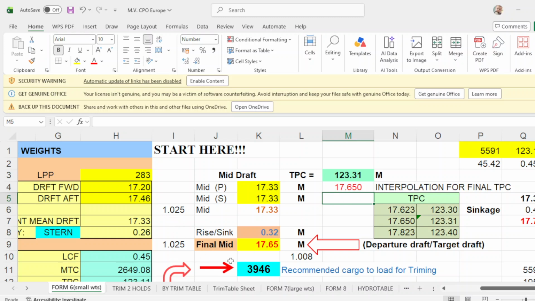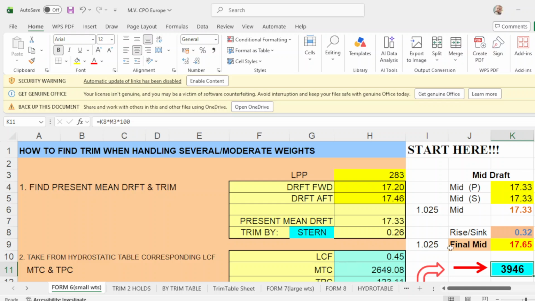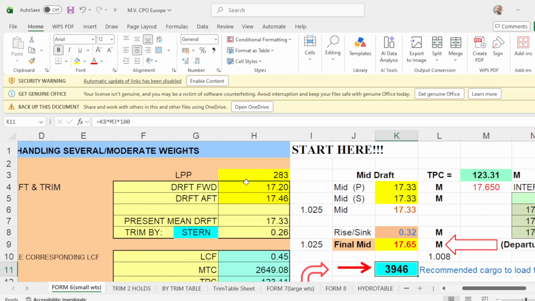So again, to get the recommended cargo to load for trimming, click this one, sink gauge, which is K8, that is 0.32 times M3, which is this one, the TPC of 123.31, times 100, then you will get 3,946. We'll just concentrate on this figure, guys.